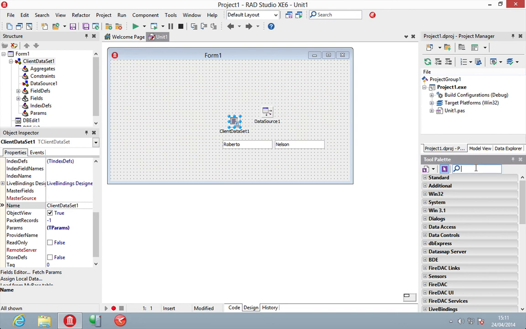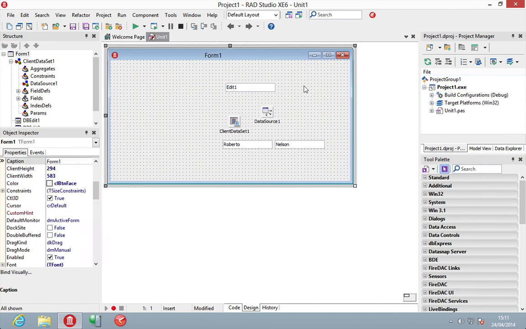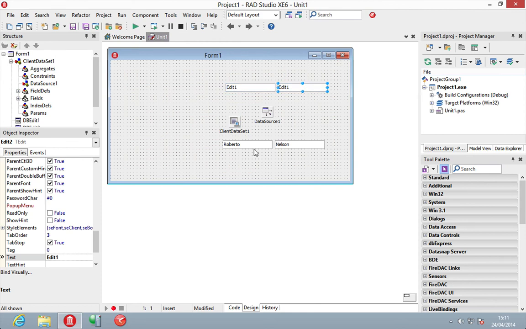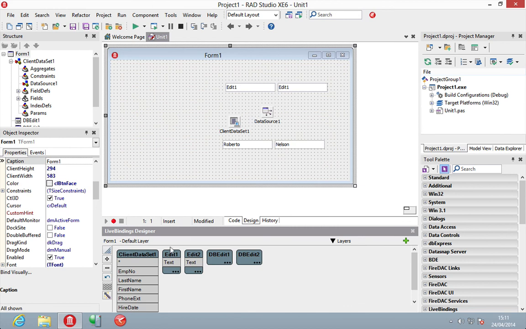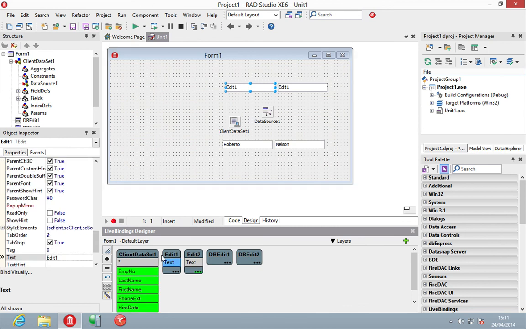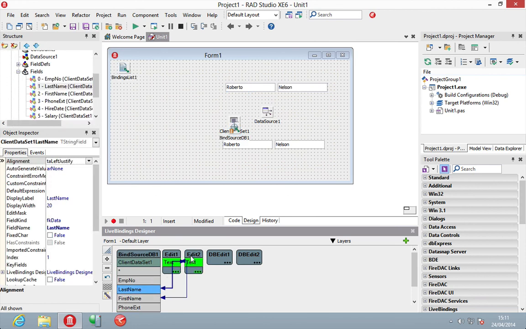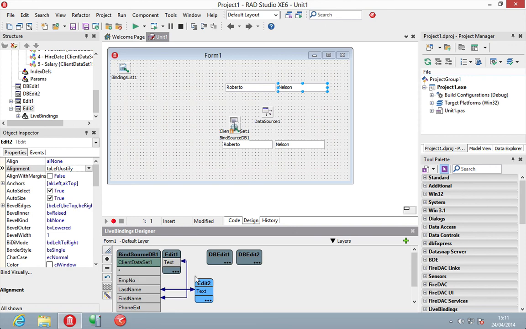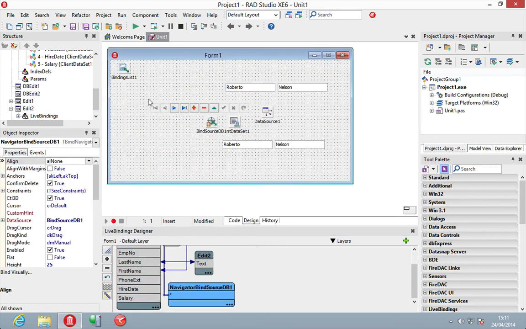What we can do now with the Visual Live Bindings is we can actually add normal controls in. So let's just go find the normal edit and put a couple of these down here. So rather than using the data sources, we can actually bind visually, and we can say, well, let's link this control here, and you can see as you select it, it highlights on the screen. Let's use the first name, and let's put the last name into edit 2. And if we put down a navigator here,